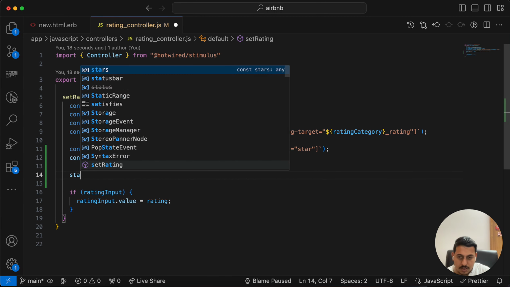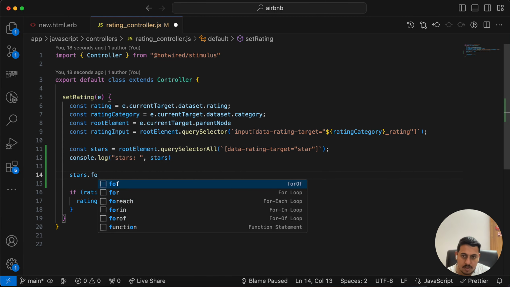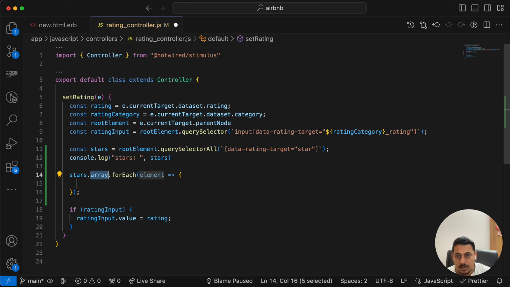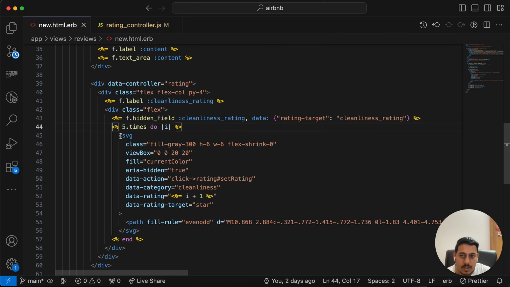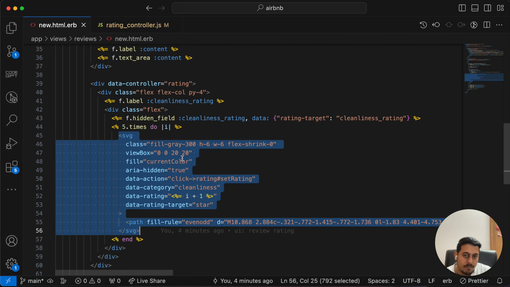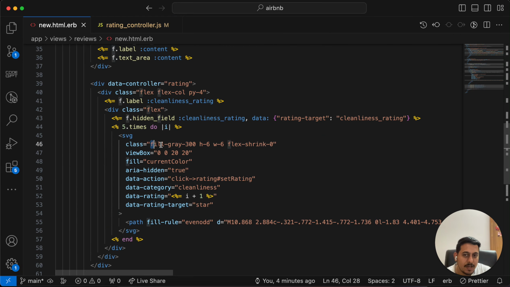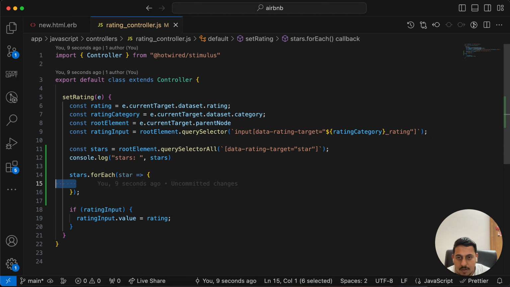So what we'll do is stars dot forEach star. So basically this is the SVG element that we have implemented. This star is equivalent to this SVG element. So if we have this SVG element, we can change its color, right? We have fill color gray for default. So what we will do is,